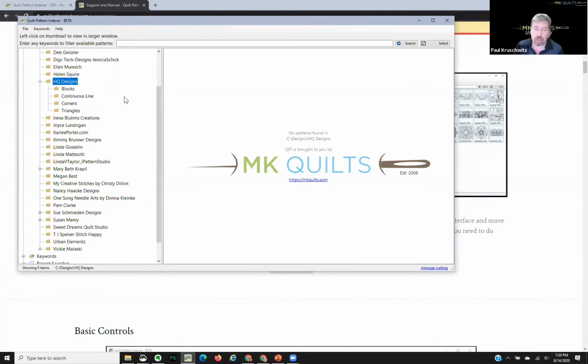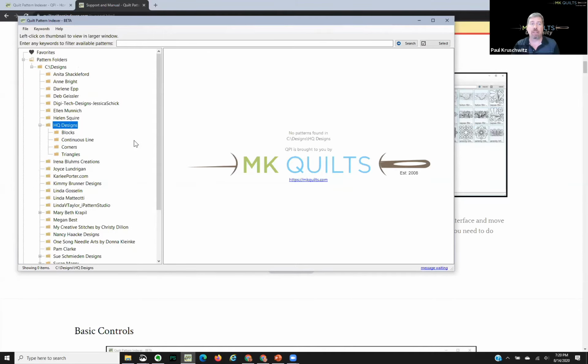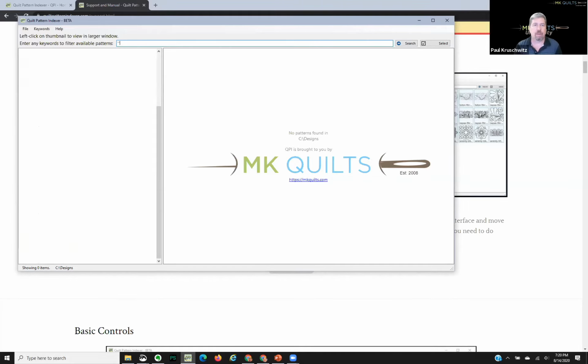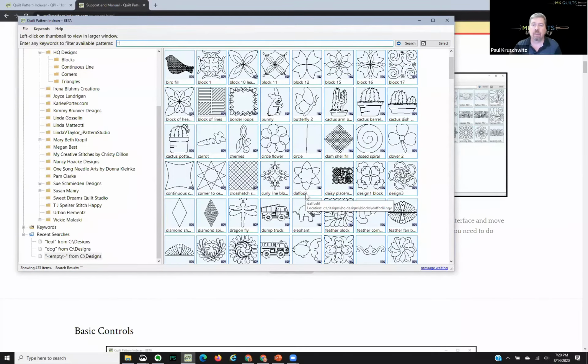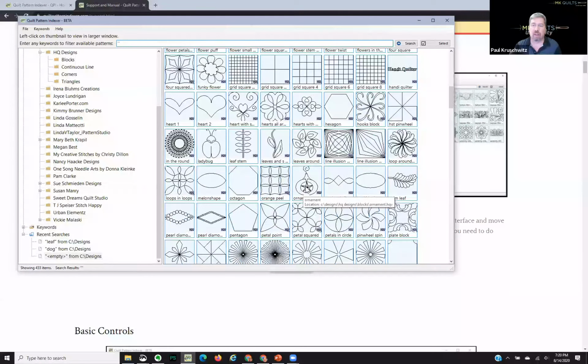Now, the number one enhancement that people asked for from our previous version was, how do I search for files that do not have keywords? Now you go up here and you use a double quote and a double quote. Between the double quotes, there's nothing. That is the secret. Now hit enter, and it'll show you only the thumbnails of things that do not have